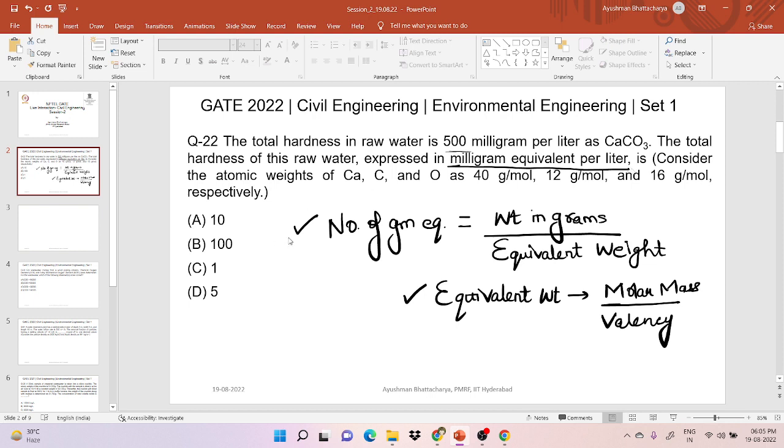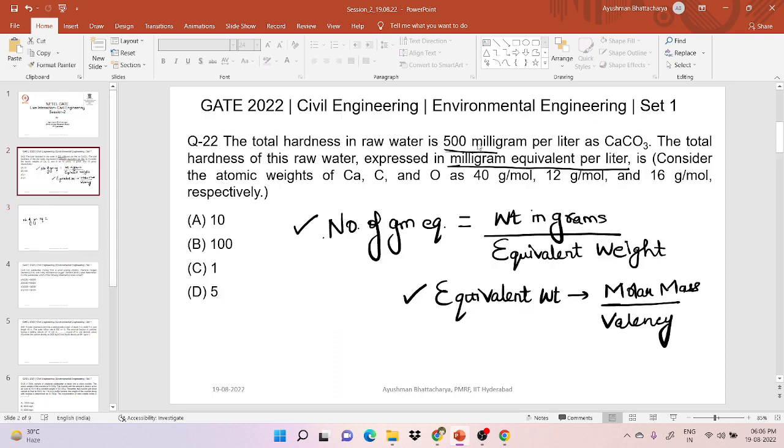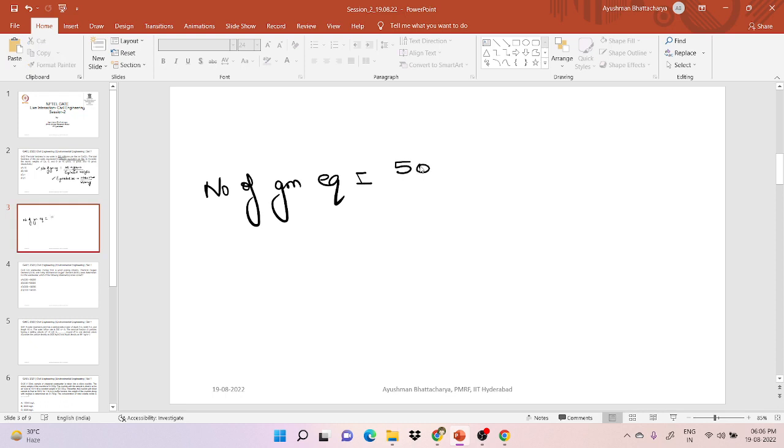They have given it as a 4-option question. In this question we first have to find the number of gram equivalent, because that is what they have asked: milligram equivalent per liter. To calculate the number of gram equivalent, we should know the weight in grams. Here they have given the weight in milligram, 500 milligram, but the weight should always be in gram. So the number of gram equivalent is equal to 500 into 10 raised to minus 3 gram, divided by